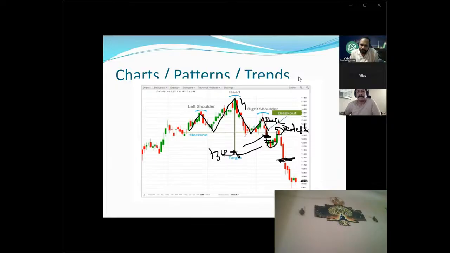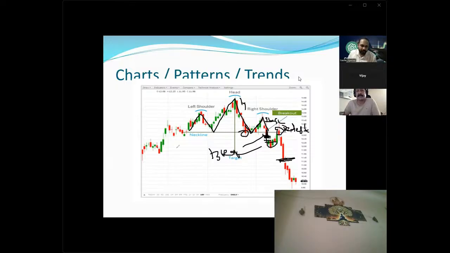See here also it tried to break down, but it went up again. So in case we have taken the trade, we should exit and then come back. This takes a lot of time. It will take around 40-50 candles. If you are checking this pattern on the daily chart, that means 40-50 trading days, approximately 2 months to form.